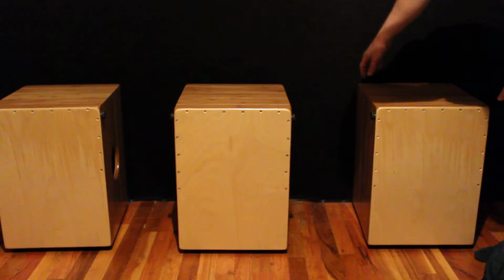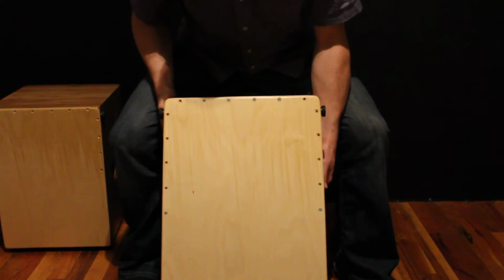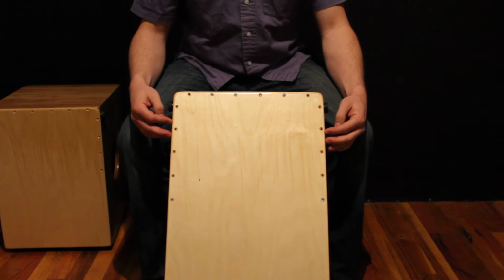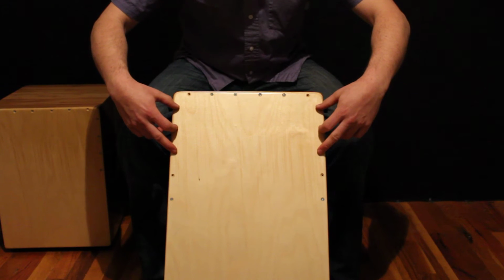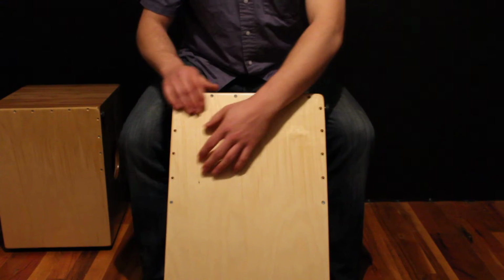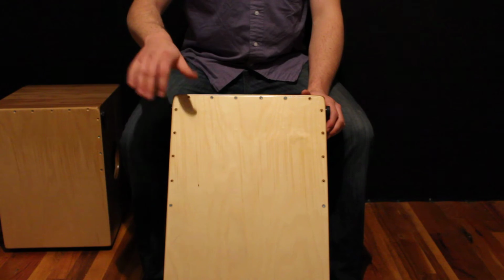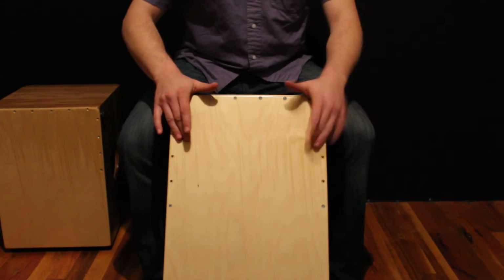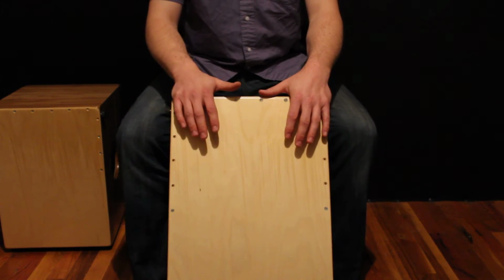And now this is the most complicated setting. See, you could have just a few of these screws on the vertical edge taken out, even as few as these two or these three, depending on how you want it set. So if you're somebody who's used to doing conga slaps, you might only need to take out a couple, because you'll still be able to get that loud snare slap down in this range. But if you're somebody who's going to play a little bit lighter, like a darbuka player or tabla player,